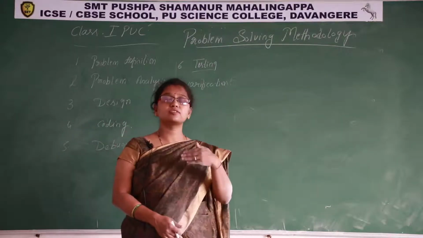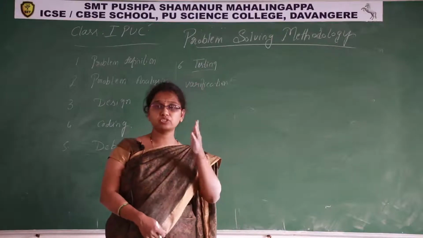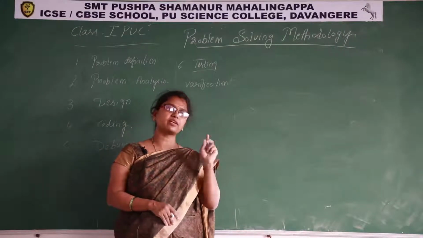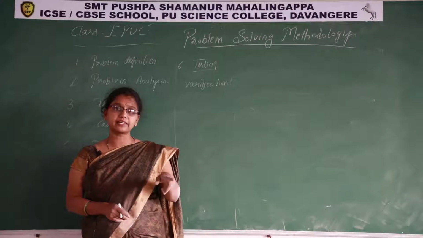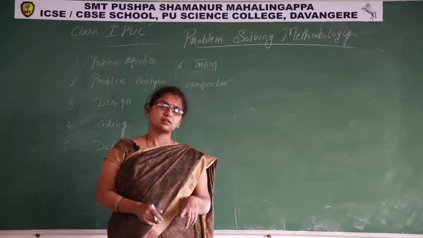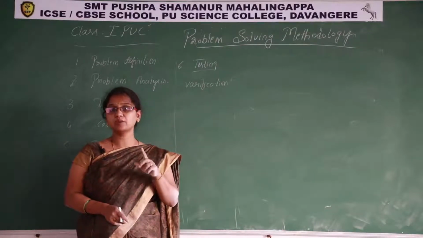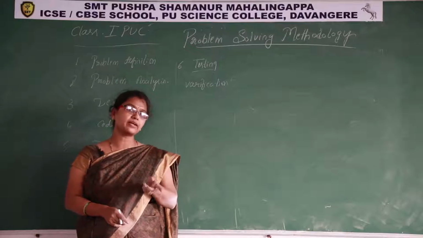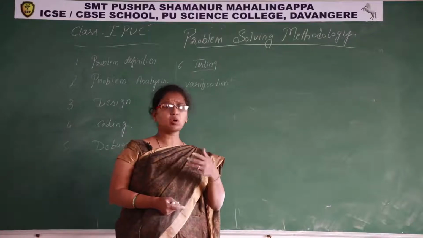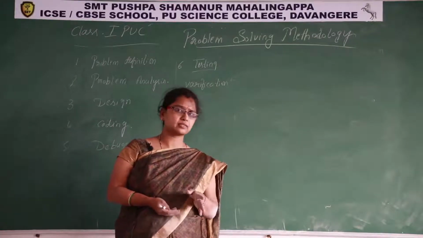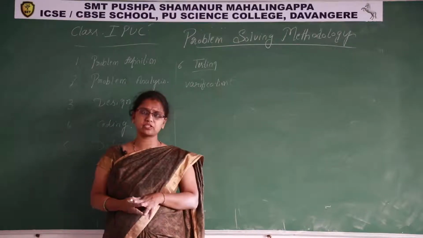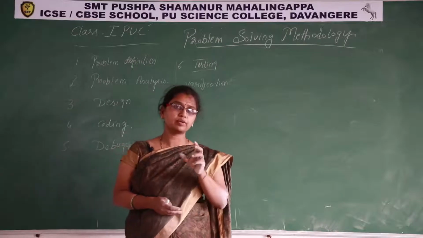Validation means checking of input. In verification, we check the output, whether I am getting correct output for this set of input. In validation, am I giving correct data, correct input? The program has to check whether the given input is right or wrong, whether correct format data is coming to the program or not. For example, in a login form, user ID and password, or email ID and password. If you give a wrong email ID, it will show a message. That is where a validation rule is applied.